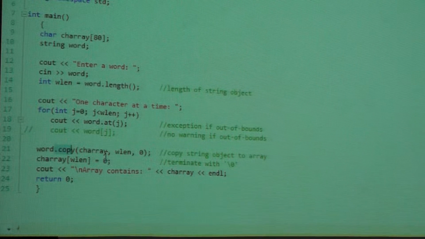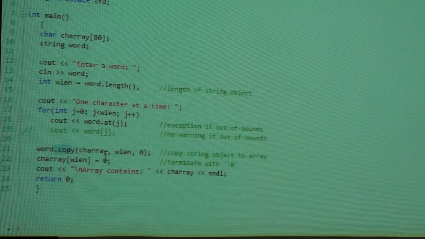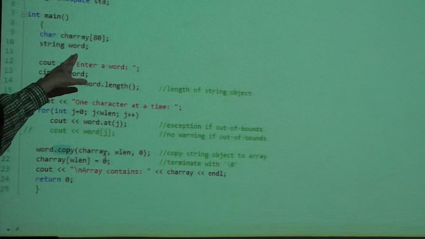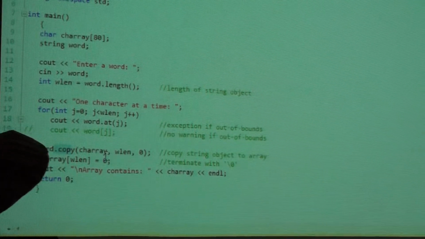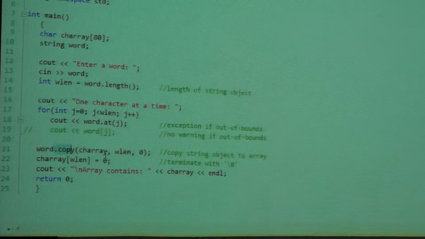Copy, only with an N or a beginning location. You said up there we instantiated Word. We instantiate Word here. How come we're not using the new? Well, behind the scenes, the string class does that for us.